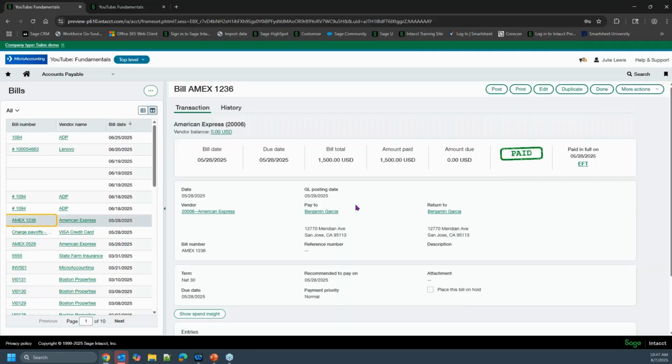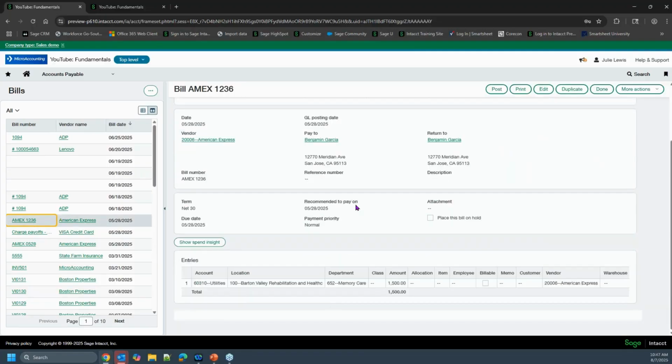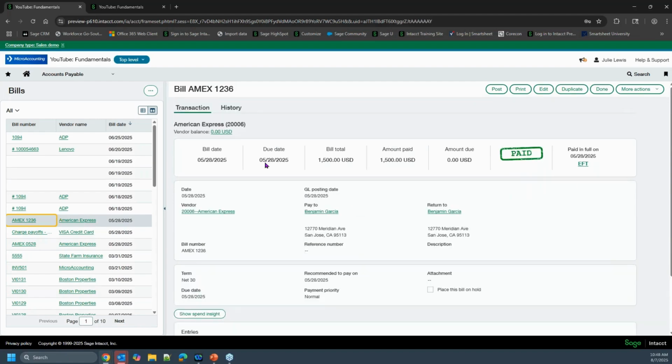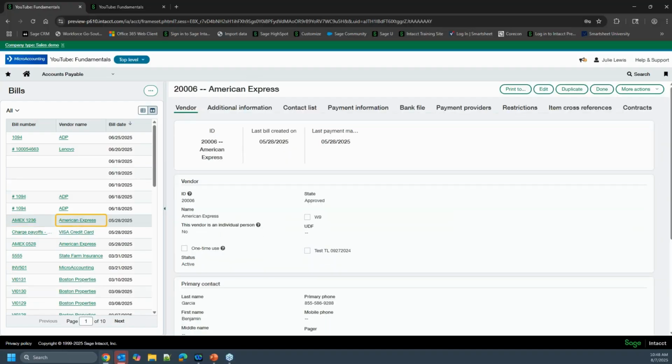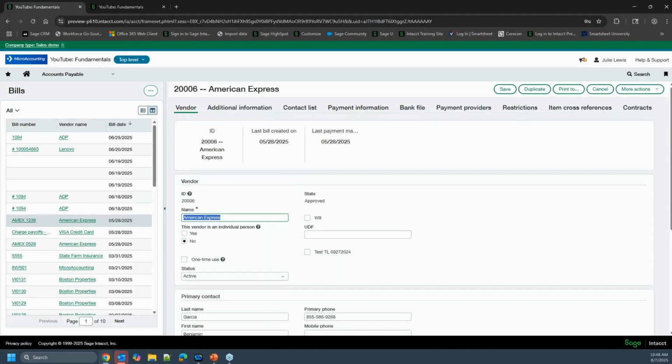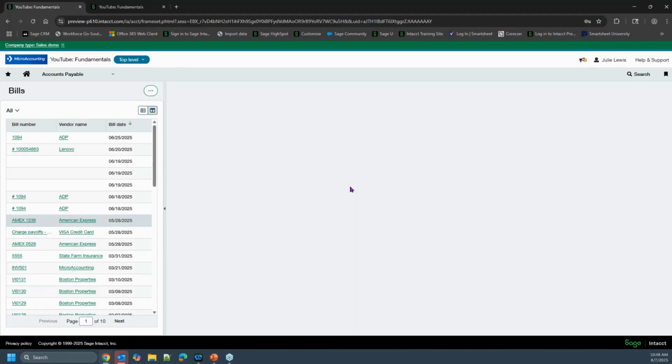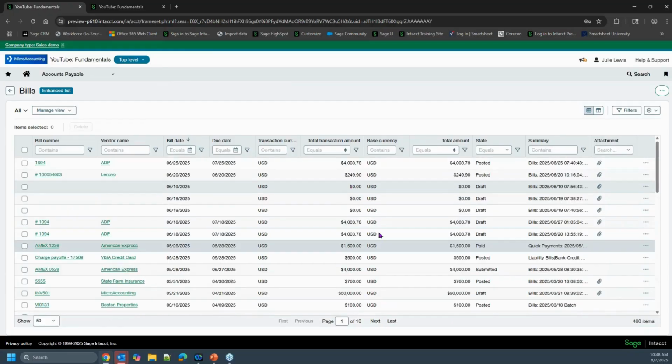Here's my bill, and I can see the details. I thought that was kind of cool too. I can get right into the vendor from the split view. How cool is that? And if I needed to edit something on that bill for that vendor, I could click edit, make that correction, save it, and that's part of that bill. So again, very powerful stuff, especially when I want to see that attachment.